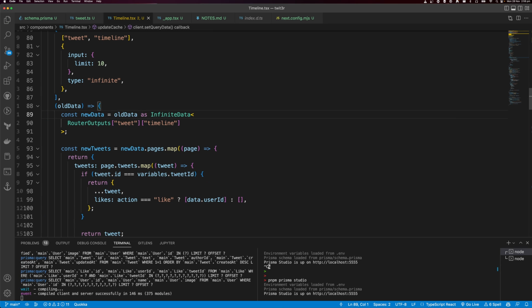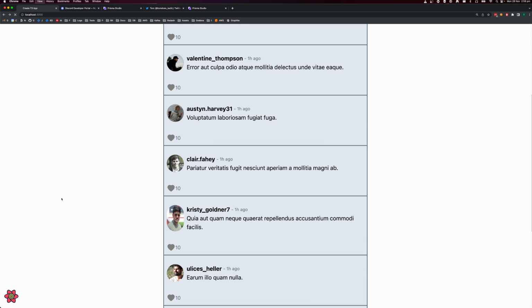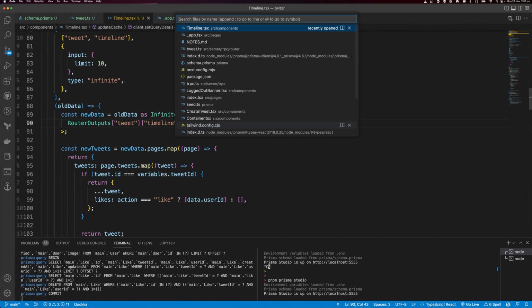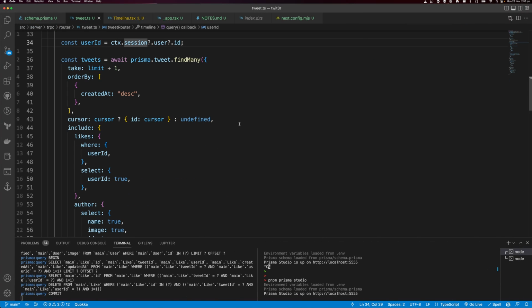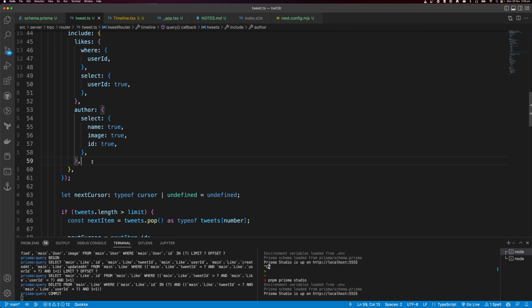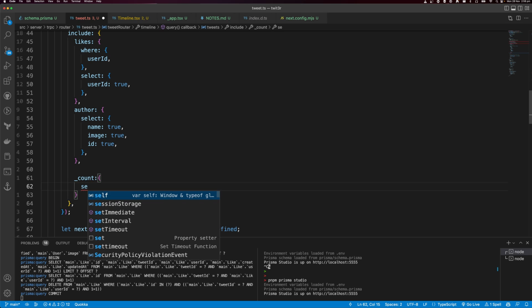Let's remove this console.log. And I want to close my DevTools. You can see if I click this tweet, it goes red. And if I click it again, it goes back to gray, which means I've unliked it. Let's go update the count here. So if we go back to our tweet router, we need to count the number of likes a tweet has. So under author here, I'm going to say underscore count, and then I want to select